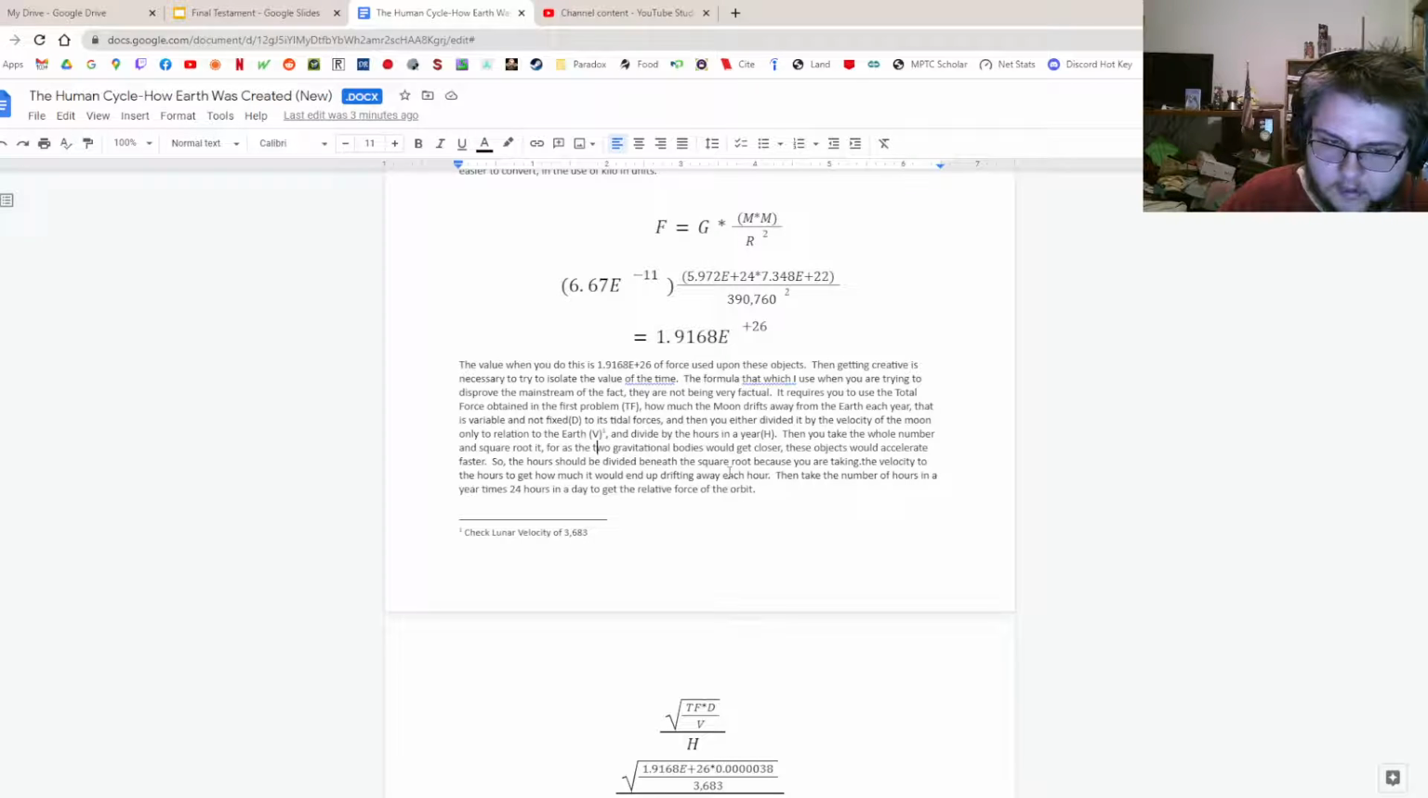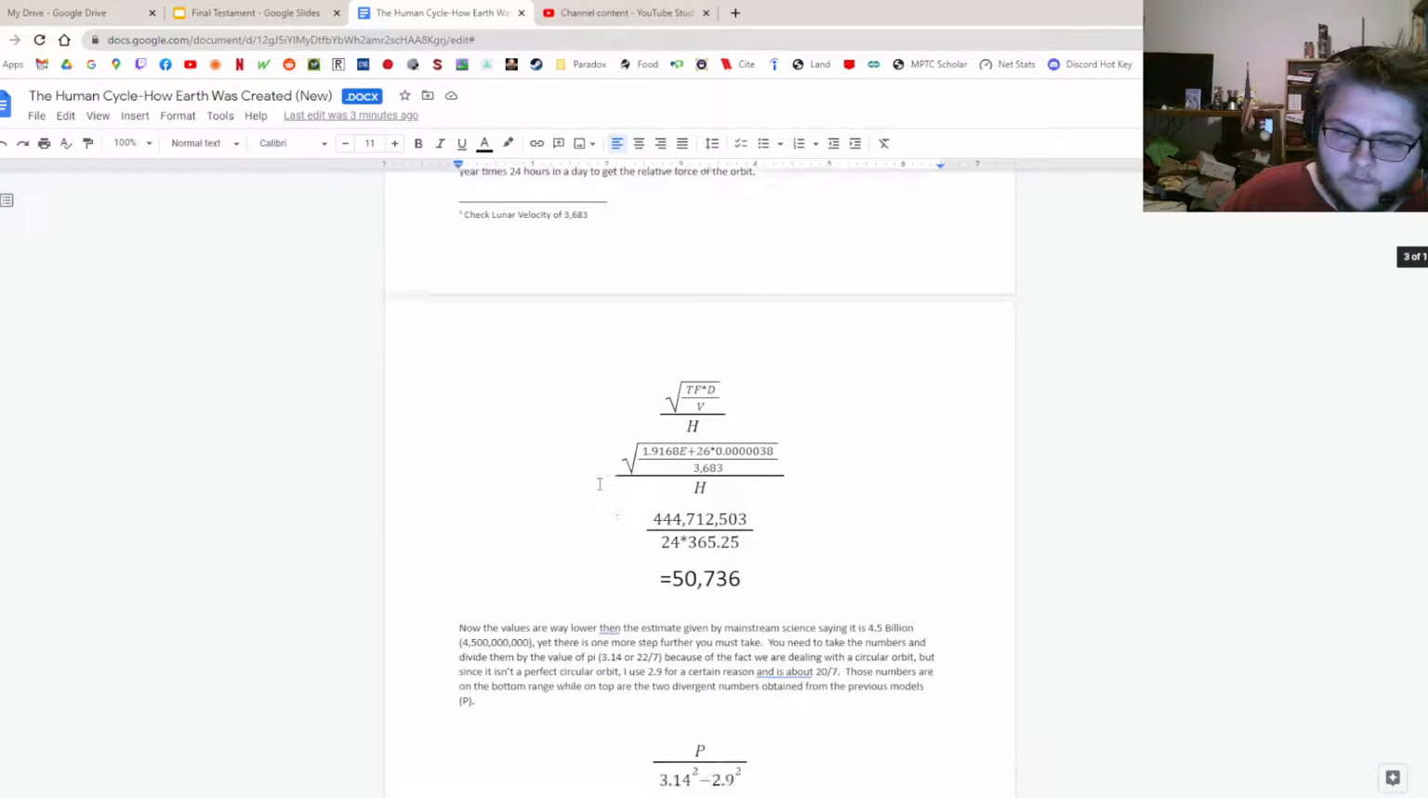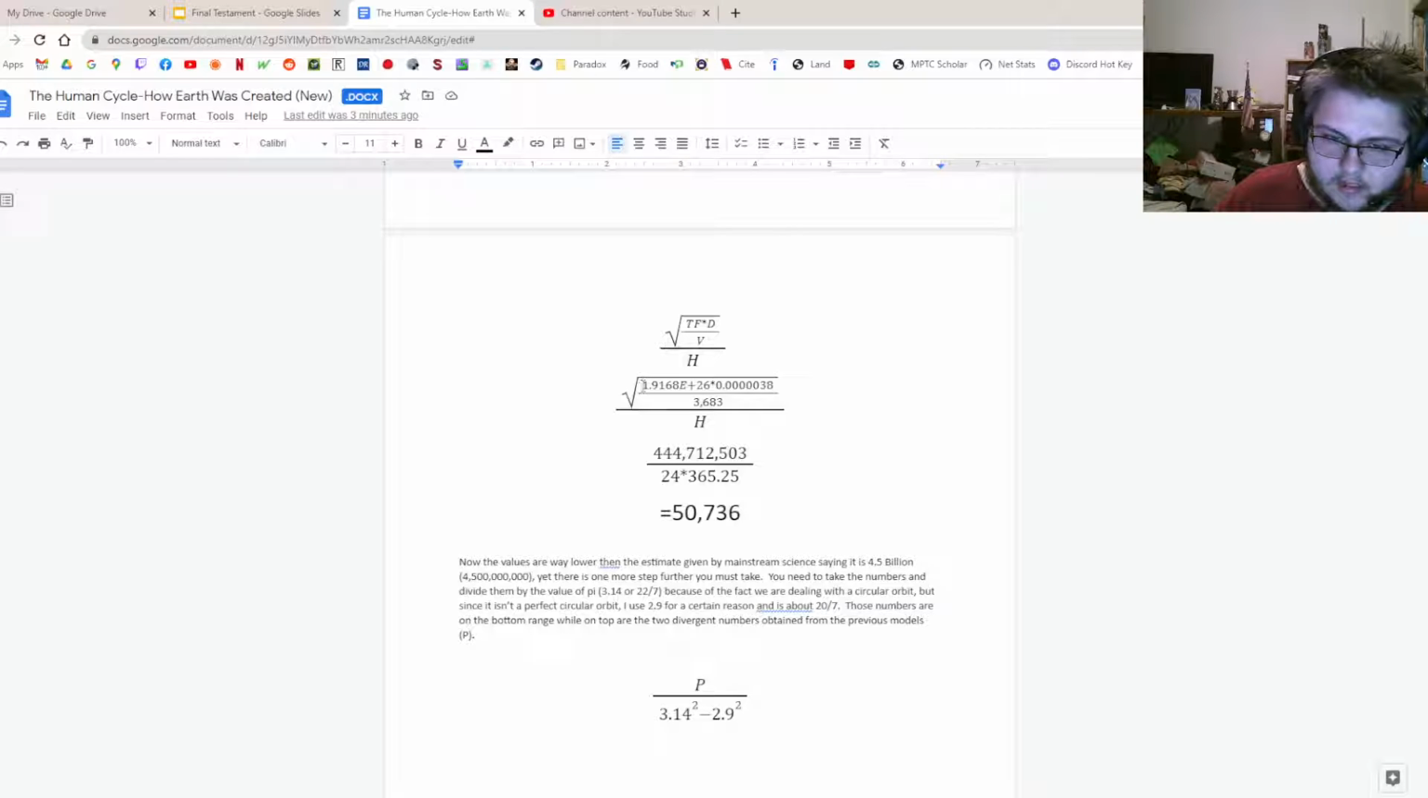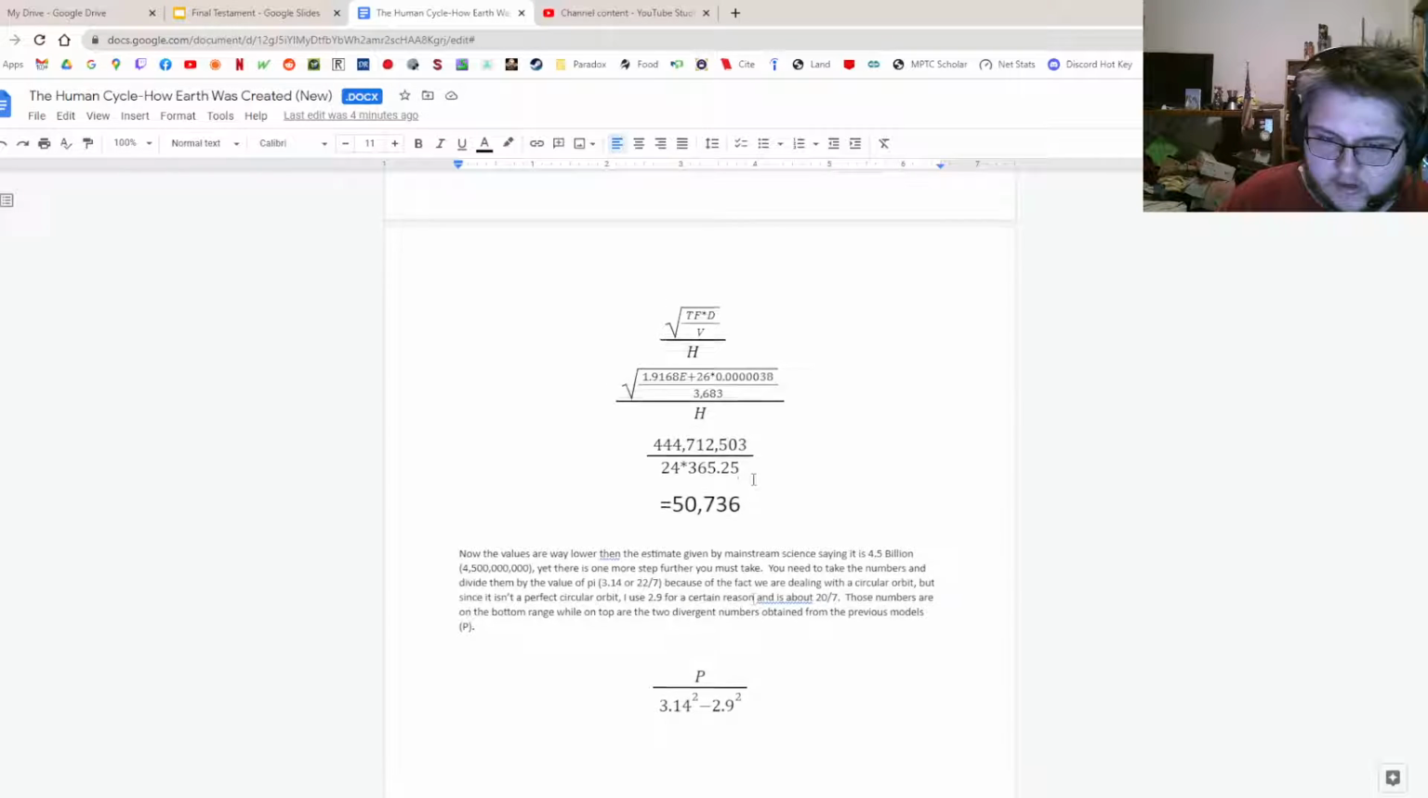Then take the total number of hours in a year, which is 24 hours in a day, to get the relative force of the orbit. I take the total force times the distance of the Moon, divided by the velocity square root, and get 4,440 million 712,503, divided by 24 times the 365.25 days in a year, and get